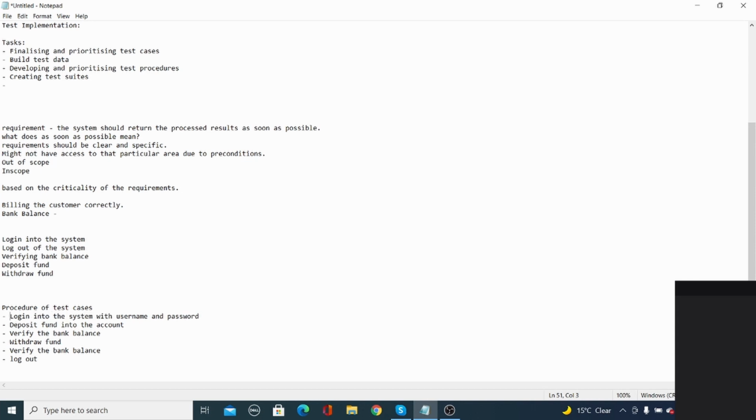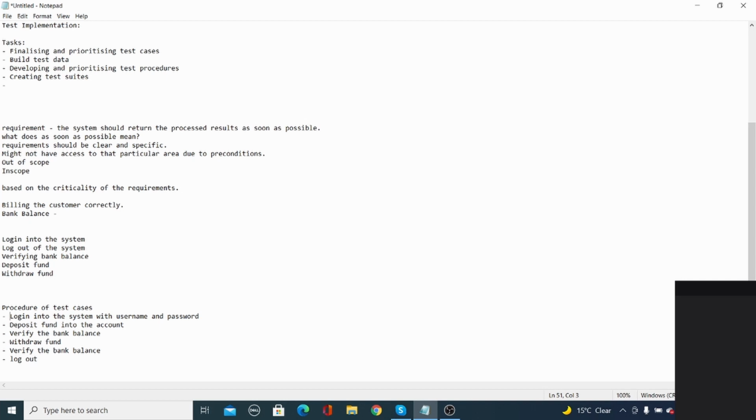Yes. You log in to the account, you check the bank balance if you want. Verify the bank balance, it is £1,000. Then you deposit £200. Now verify that the bank balance has gone up by £200. So the bank balance is £1,200. You verified it is working. Withdraw the funds. You can withdraw around £500.